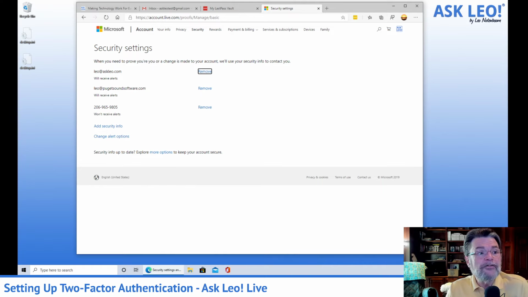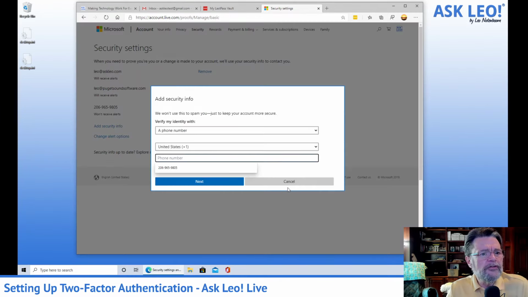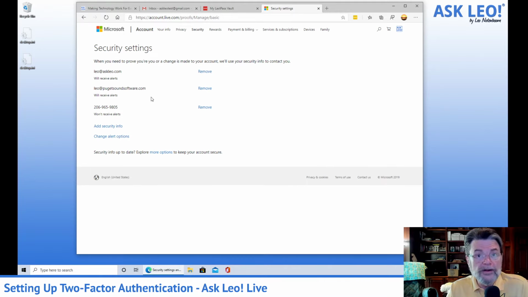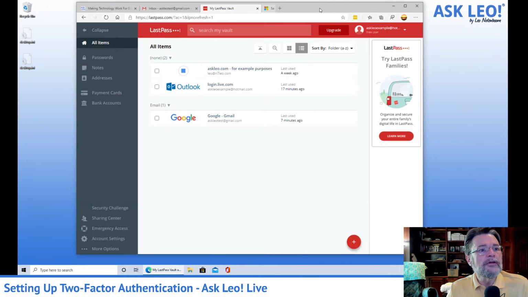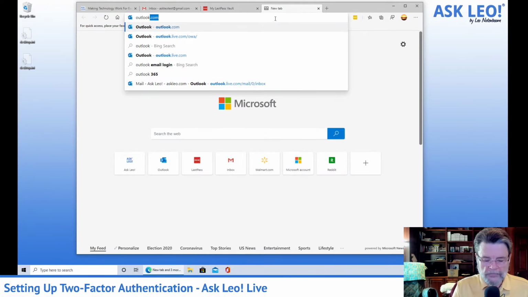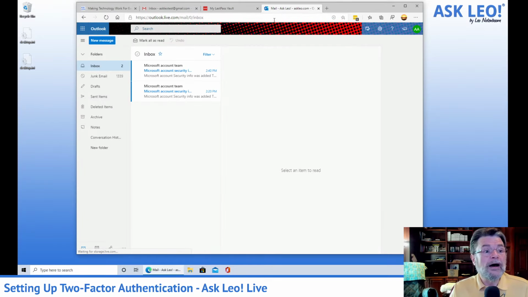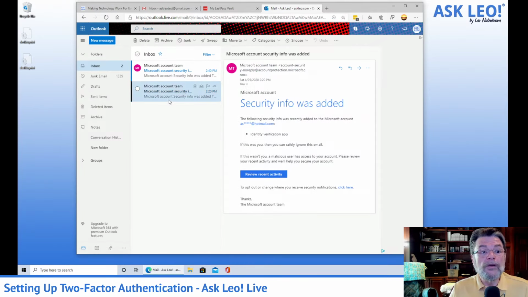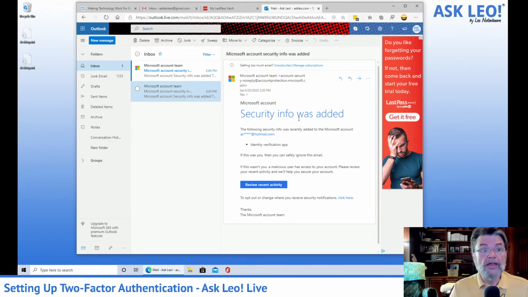So we now have a couple of different email addresses we can use when logging in. We have security info, I think this is, yeah, that's just adding more phone numbers, more email addresses if you want to, and we can get ourselves alerted. Let's do something dramatic. Let's go ahead and, I actually didn't mean to do that. You can see that I always go via Outlook.com, and you can see that we got notifications that things were